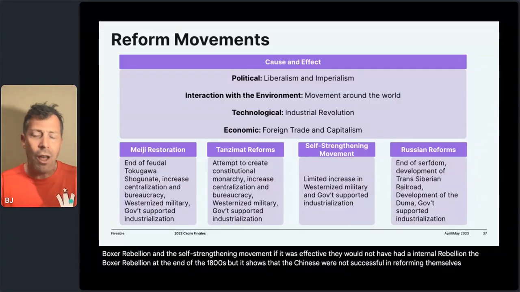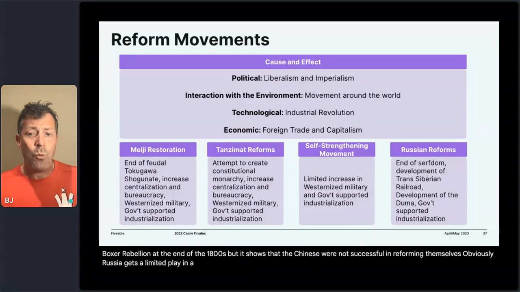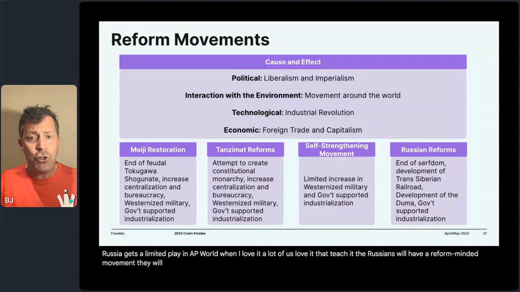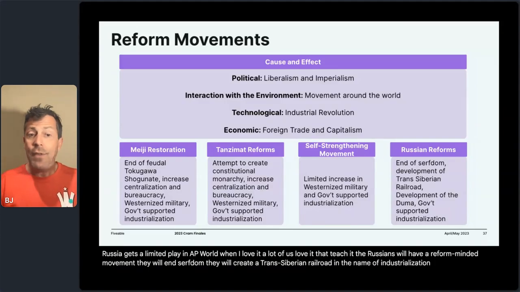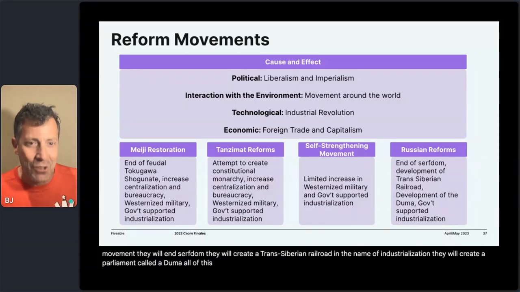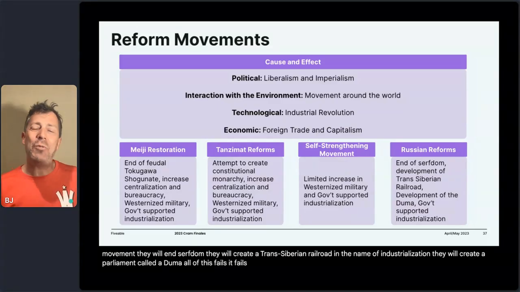The last one, which obviously Russia gets a limited play in AP World, I love it. A lot of us that teach it love it. The Russians will have a reform-minded movement. They will end serfdom. They will create a Trans-Siberian Railroad in the name of industrialization. They will create a parliament called a Duma. All of this fails. It fails because what had happened was